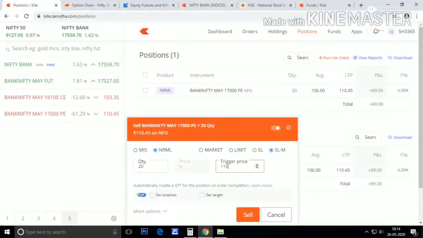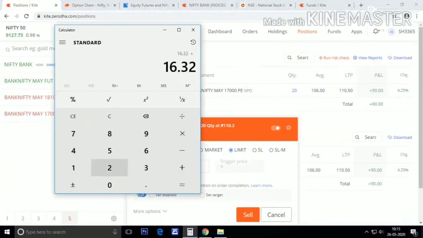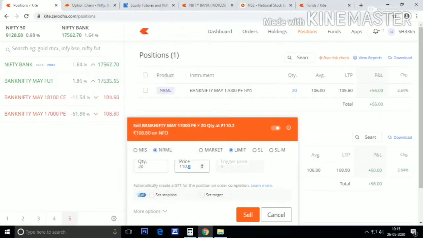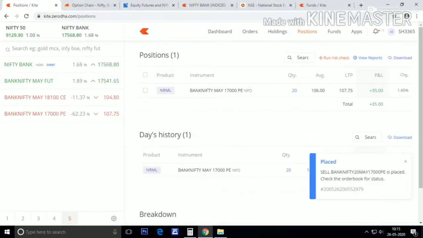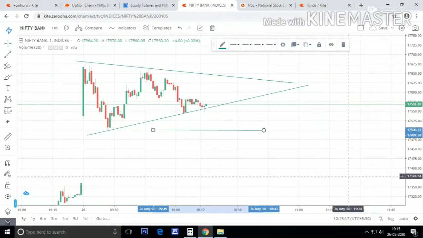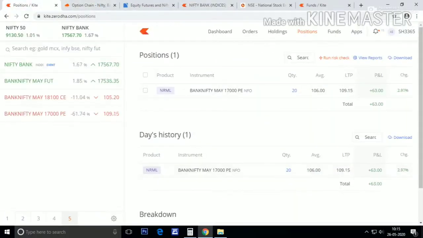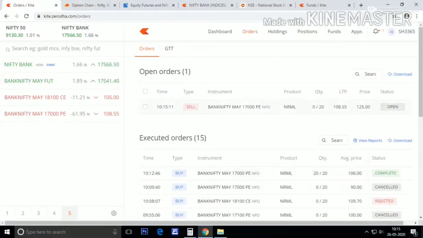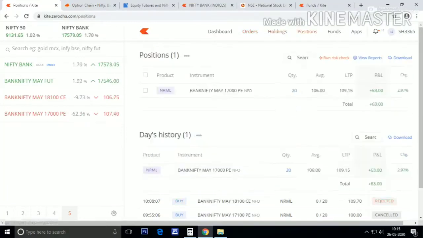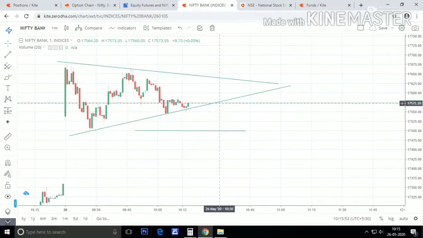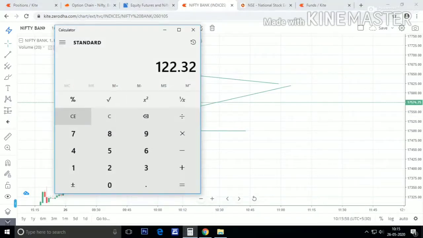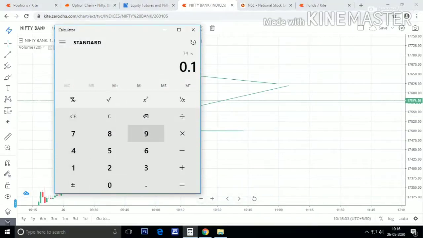We have already bought, and we can clearly see there is a stop loss order also. Our target will be at 121, because 16 is the profit. We had bought around 106. If I add the profit which we might get if the target is hit, then the total amount will be 12 point something. So I had taken 121 and 2-3 rupees extra for the charges. So let's see what happens.